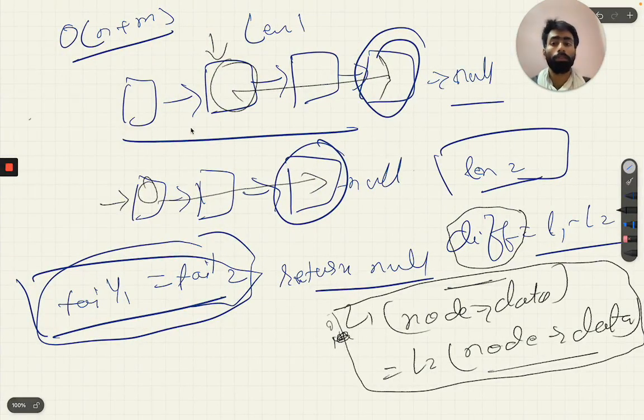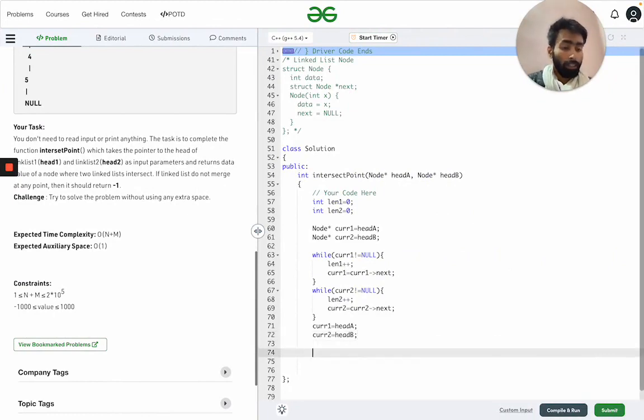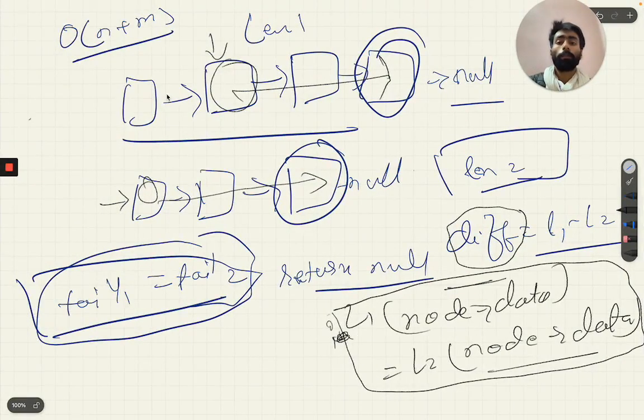The difference part we had to traverse again from the head to the null, so we need to return the current value to the head of each linked list. There are two ways to traverse. If the first linked list is bigger and the second is smaller, we will first traverse through the first linked list. But in the second case, the second linked list is bigger and the first one is smaller, so we will first traverse through the second linked list, then through both linked lists, comparing each other.